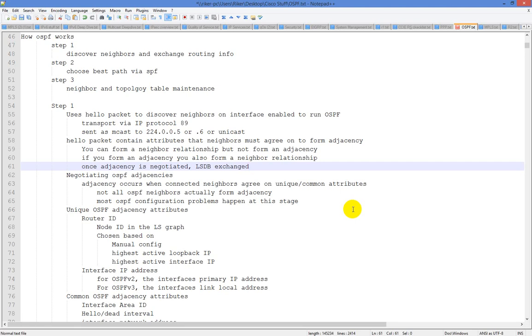Now, negotiating OSPF adjacencies is pretty straightforward. Adjacencies occur when connected neighbors agree on unique or common attributes. Not all neighbors actually form adjacencies. We've already talked about how the DR and the BDR form adjacencies with everybody, but all the other DROther routers only go to two-way. Most OSPF configuration problems happen at this stage. You can have several issues that could pop up, and we'll talk about those as we get farther into troubleshooting